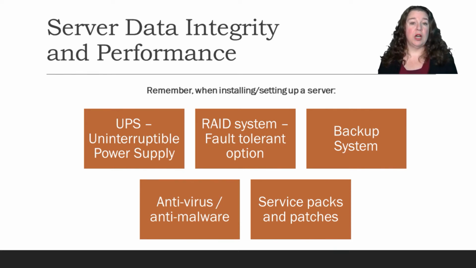RAID systems. We talked about RAID systems back in Chapter 9. A fault-tolerant RAID system is really useful in case one of your drives fails. Being able to have a secondary drive already in place means that your users don't know that anything failed. You know, but nobody else knows. Obviously, a backup system. We need to have a backup system because in the event that everything does fail, actual power outages or natural disasters, or someone spills coffee all over it,